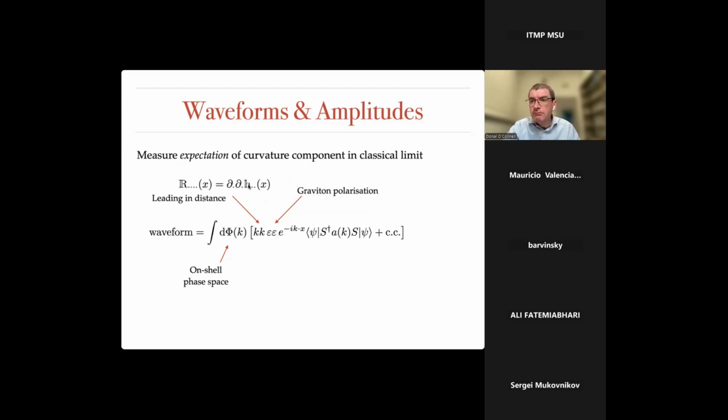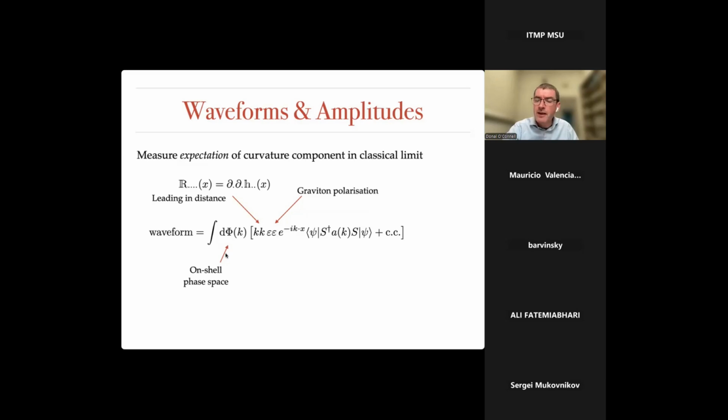Now, writing h, as we do in quantum field theory, as an integral over momentum space with creation and annihilation operators, the derivatives act on the exponential factor, the Fourier transform factor in that expression, and bring down powers of momentum. The k's in this expression are just emerging from these derivatives in Fourier space. The two epsilons are the polarization tensor of the graviton. I've written that tensor as an outer product of two polarization vectors, which is always possible.